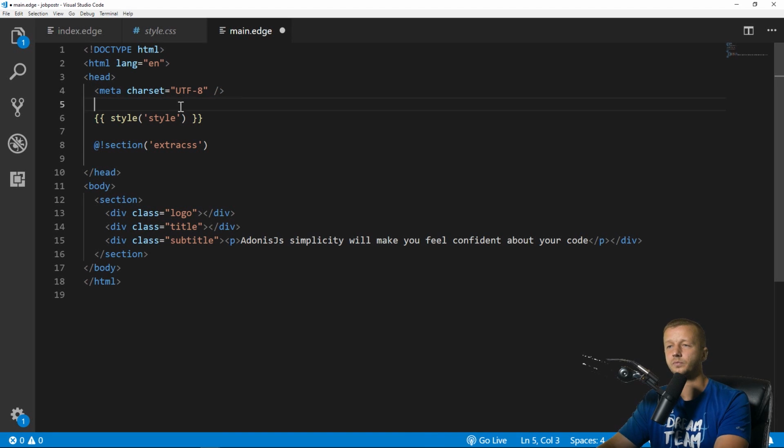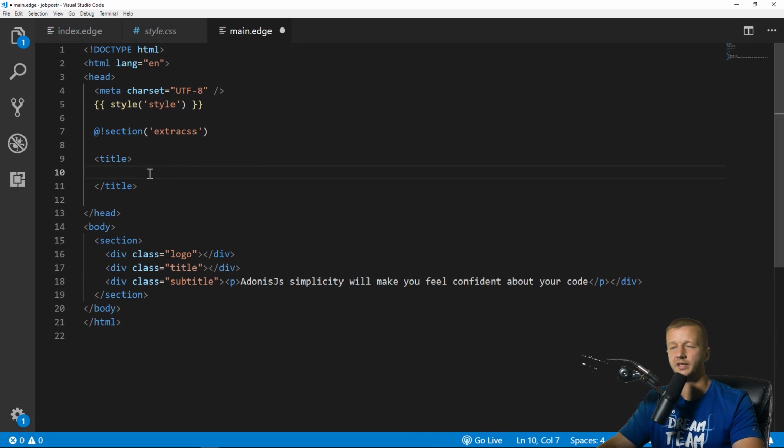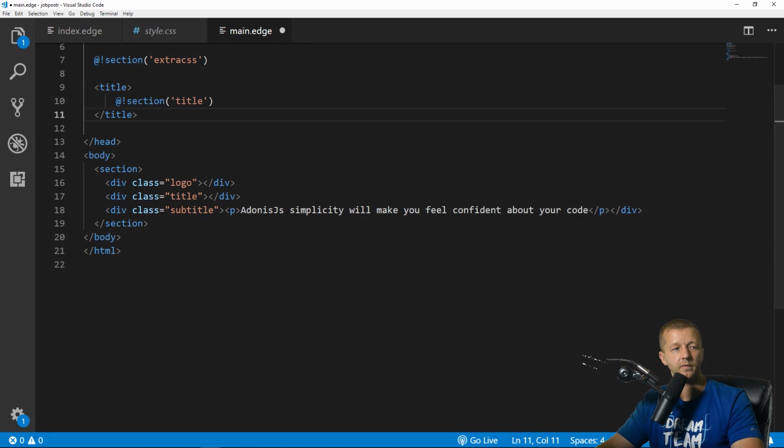Our title, we're going to go ahead and put this right here, and I'm going to put it in its own section. So it needs to be on its own line right here. So we're going to put in another section called title. That way the title is dynamic and we can specify that in each of the edge templates. All right, and then finally, this is also where we're going to include our